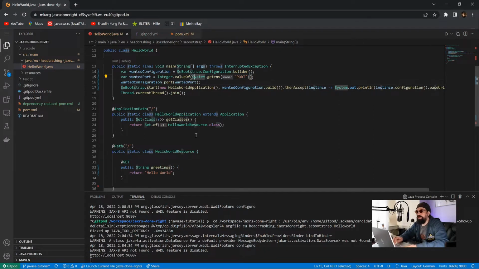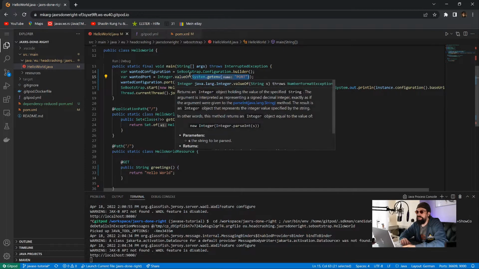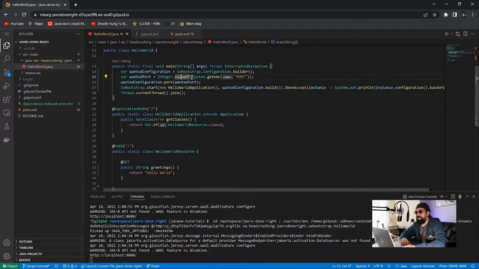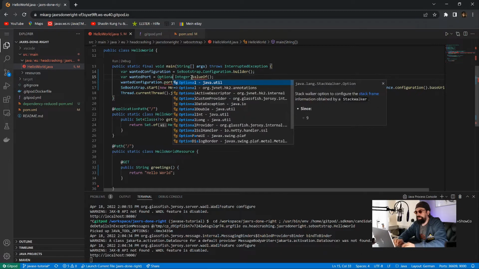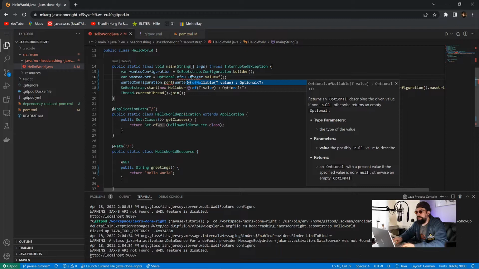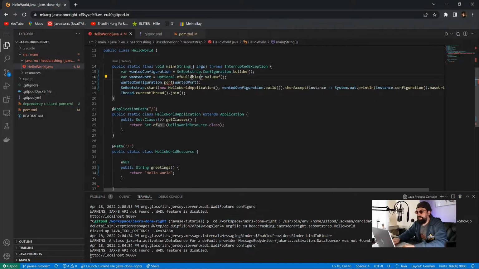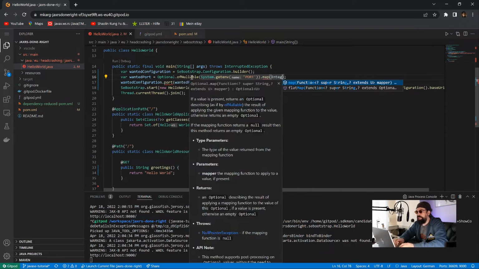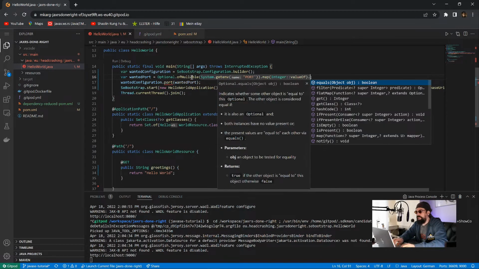The problem is, if we don't provide this environment variable, the code would fail because I have null put into valueOf. So we have to change this a bit to make it more safe. We could use, for example, an Optional, and this could be nullable. Okay. And we map it to Integer.valueOf, and